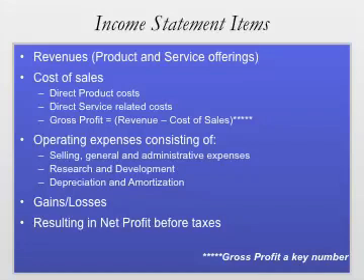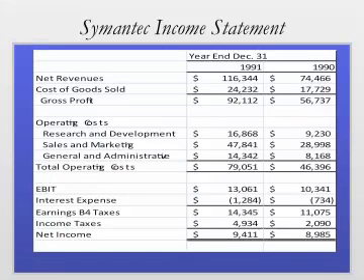Hopefully, revenues minus cost of goods minus operating expenses will generate operating gains for the company. And then after paying taxes and any interest expense and any miscellaneous things, there'll be some resulting net profit that can be used to either pay out in the form of dividends to shareholders or kept in the business to help fund future operations. So when looking at Symantec's income statement